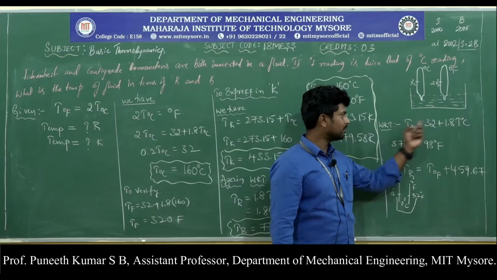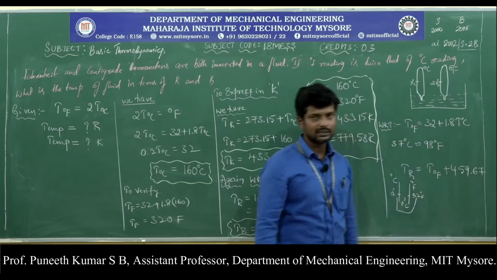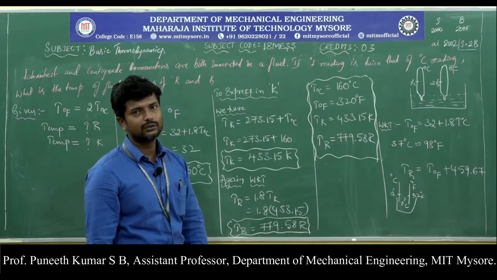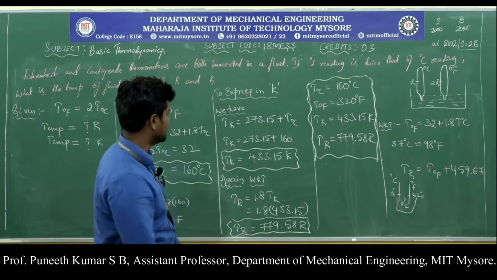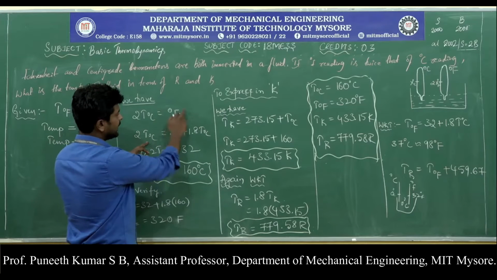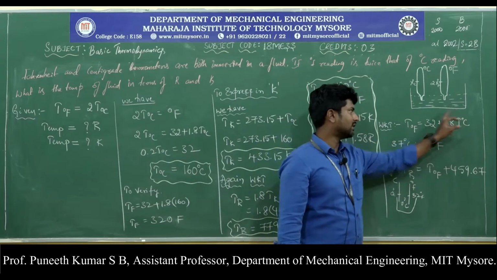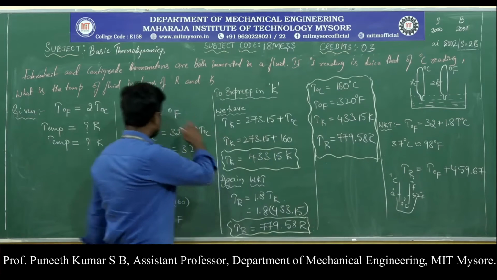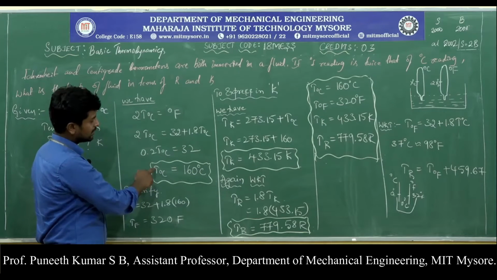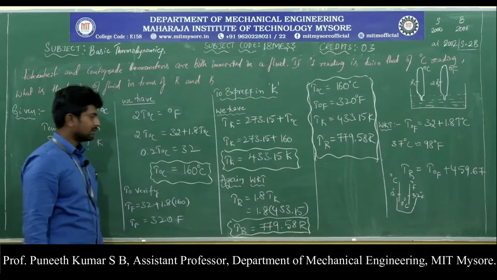So if you apply this formula, you will get the relation between degree Fahrenheit and degree centigrade. If you know the value in one unit, you can also get it converted to the other one. Here, in the place of degree Fahrenheit, I have substituted this conversion equation. After deducing it, I have got the value that T degree centigrade is equal to 160 degree centigrade.